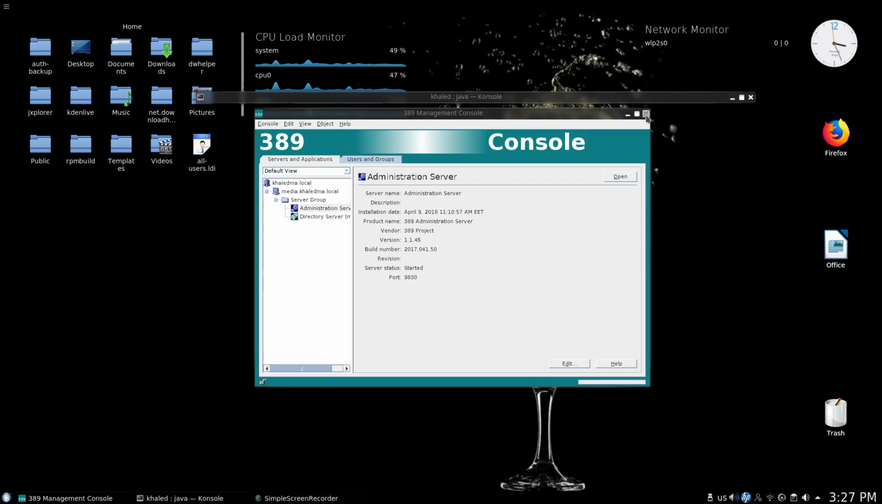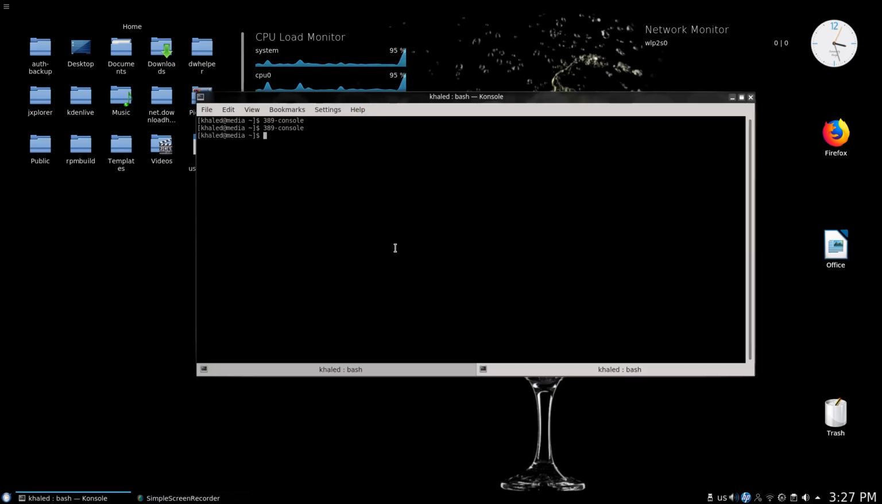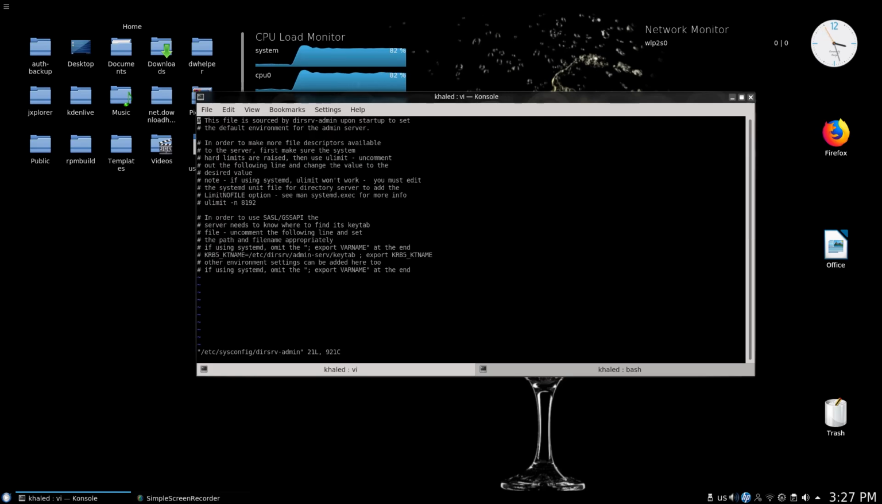Now close the console, and to enable the SASL authentication with the admin server, we need to tell the admin server about the keytab file we created during the last session for the directory server. For that we need to edit the admin server configuration file under /etc/sysconfig/dirsrv-admin, and just add the following line to it: